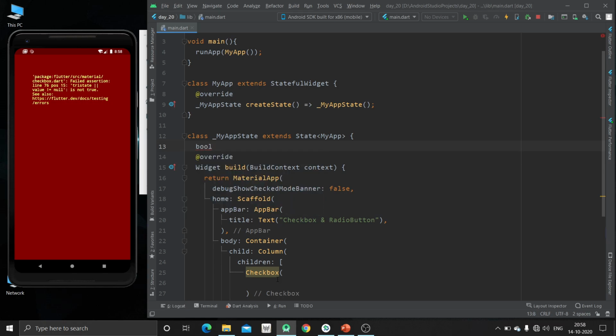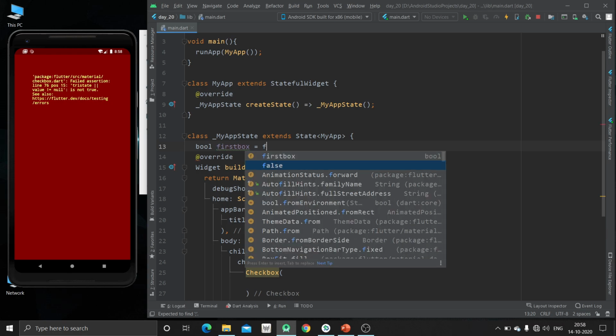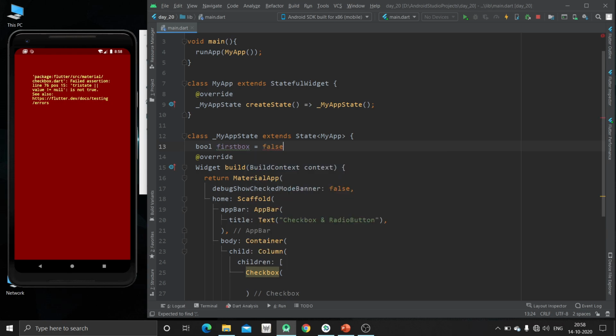So it is the first checkbox, so we will create first box and we will specify it by default false. So here is our first variable, that is first box, which we will pass to our first checkbox and we will specify its value.